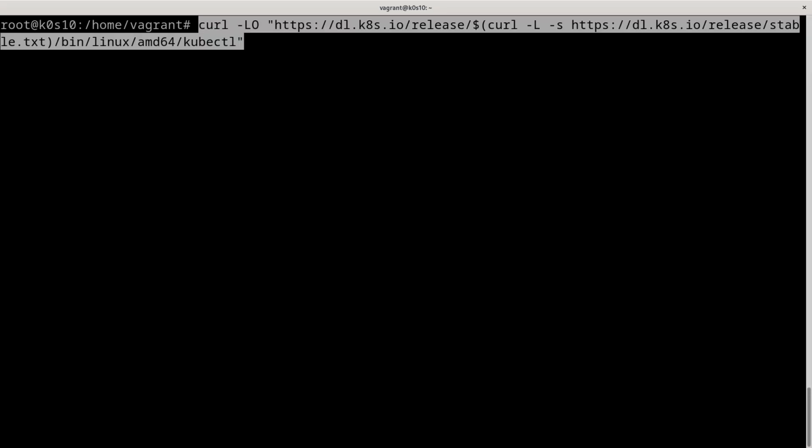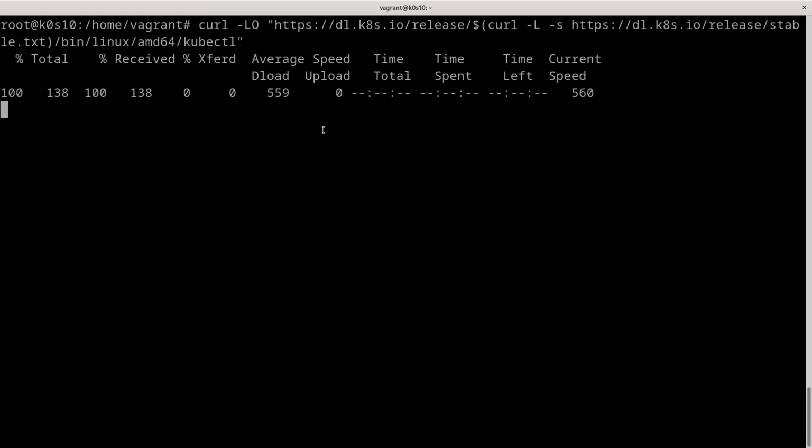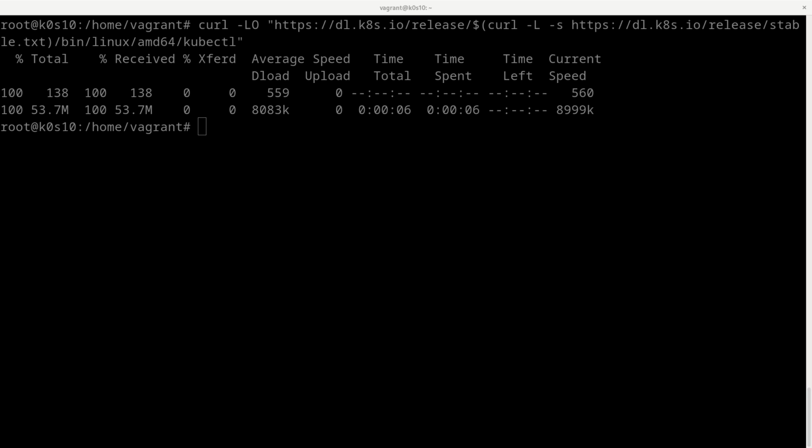I download the kubectl binary, the latest version, I think. It's a small binary because it is written in Go.